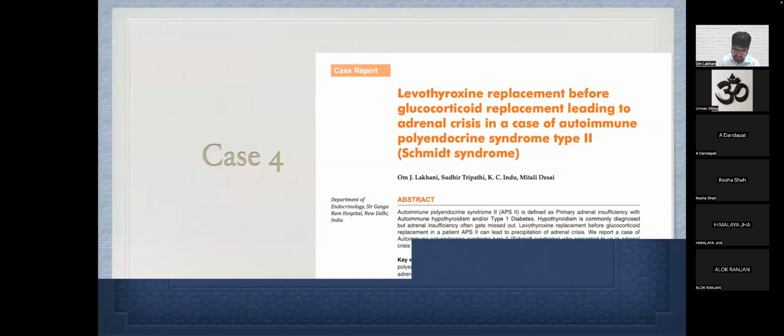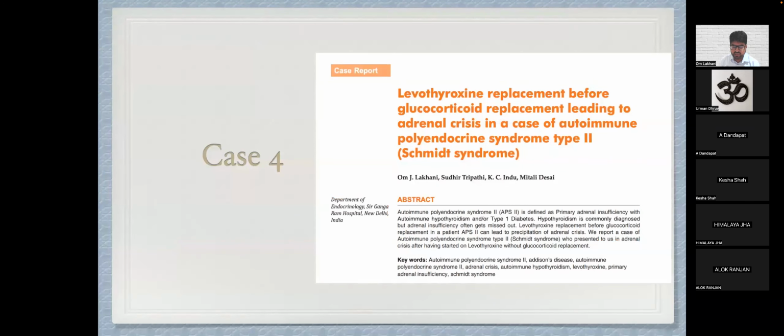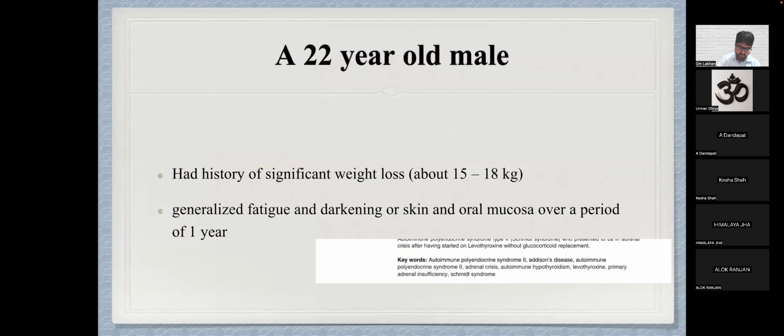Okay, let's look at the fourth case. This is a typical case of primary adrenal insufficiency. I think we invoked this case in our last presentation also. This patient is a 22-year-old